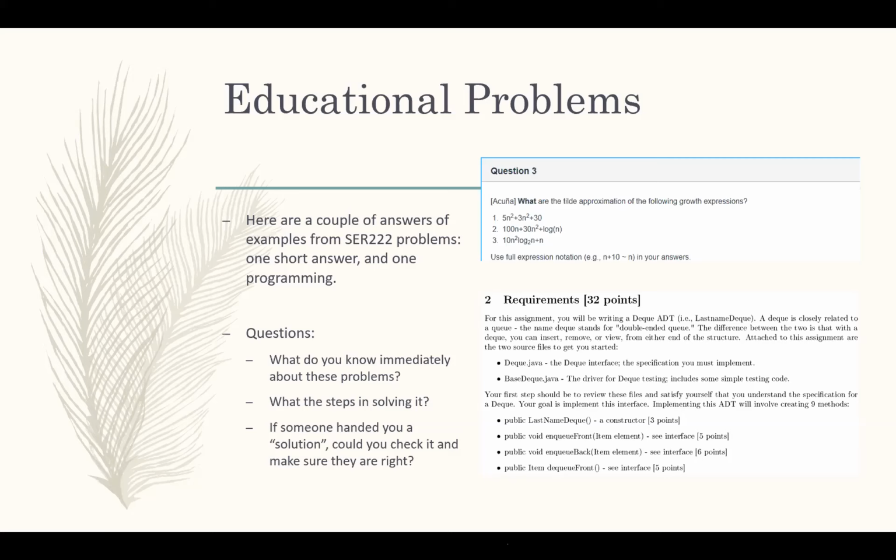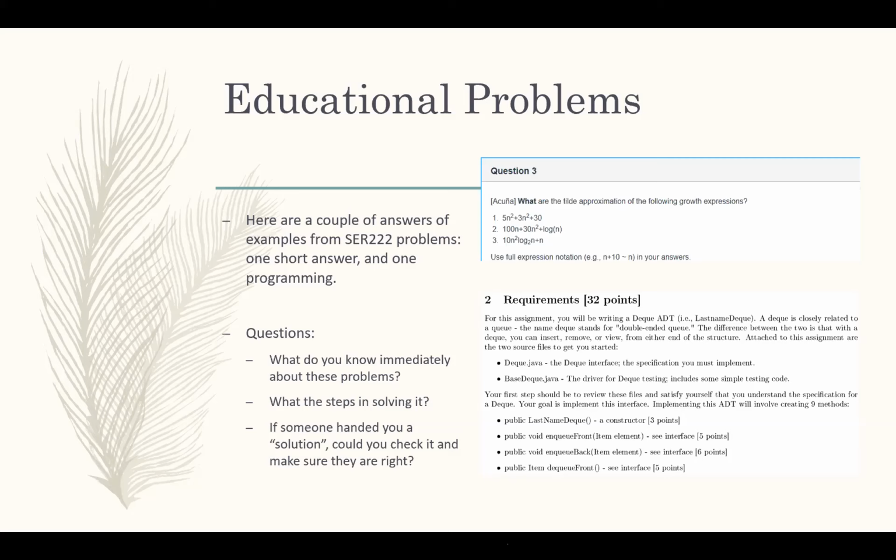Yeah, confidence. The second one, even without reading the paragraphs, you can just see the file names, dq.java, base dq.java, and then the different method names with last, name dq and q front. So we know that we're going to be working with queues. There's a front and a back, so that means it's going to be doubly linked, and we're going to have to do some kind of fleshing out of what we've been given. Yeah, it's all there. So you know what domain you're working in, and the problem itself is pretty well specified,